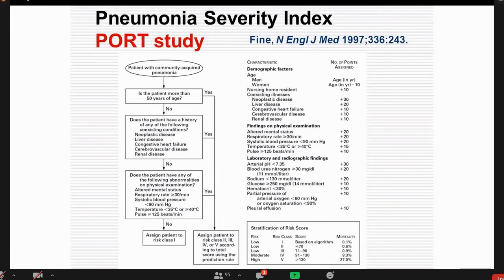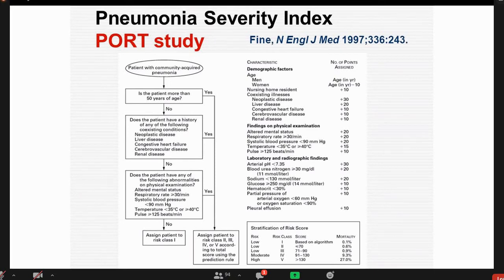In the United States, the Americans use the PSI, Pneumonia Severity Index. This was established because of research done in the New England Journal of Medicine back in 1997, the PORT study. It looks complicated because it requires 20 variables to calculate. So one tool to assess severity is the PSI, Pneumonia